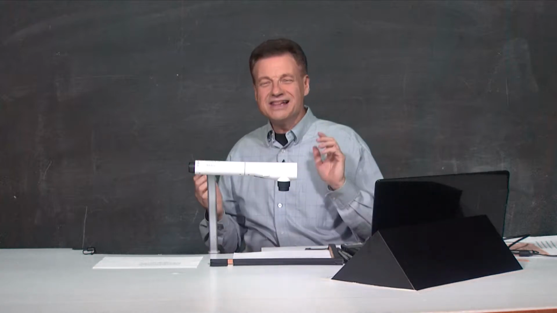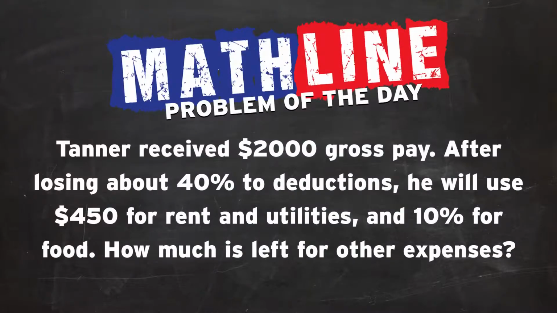And in the meantime, let's go to problem of the day. Whew, that's good. Tanner received $2,000 in gross pay. Now that sounds like a lot. That's a monthly payment, we'll say. After losing about 40% to deductions, that means taxes, maybe his insurance, maybe other things that they take out of